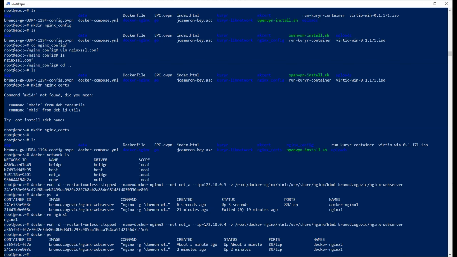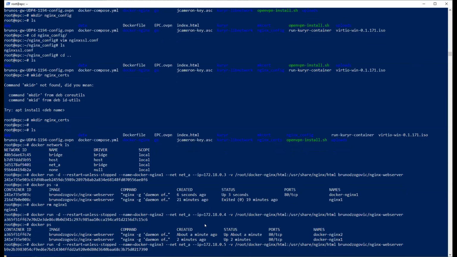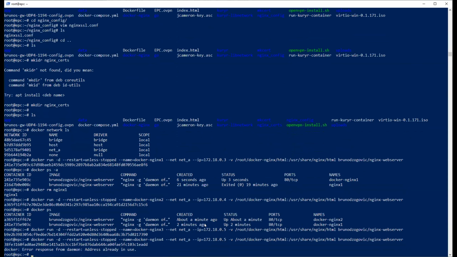So we do this the same with the following containers. We need to run 6 of them. So make sure you change the name, Nginx 3. You put number 5, 1805. Then we run more. Nginx 4. Oh, this is a mistake, already in use.